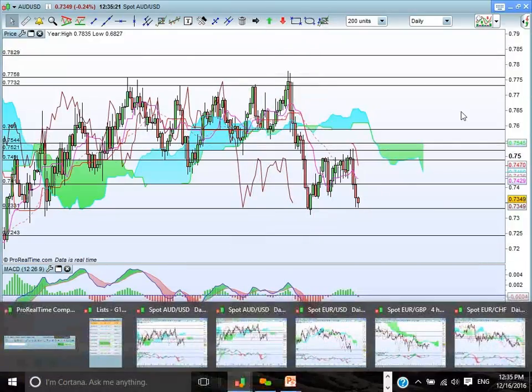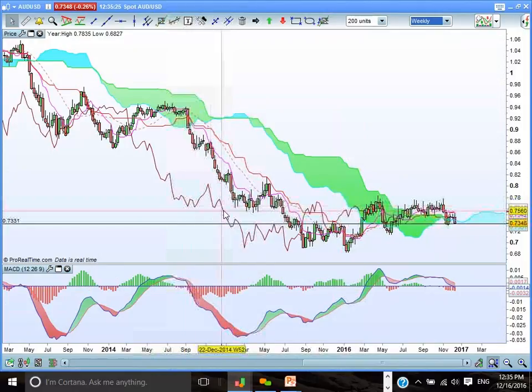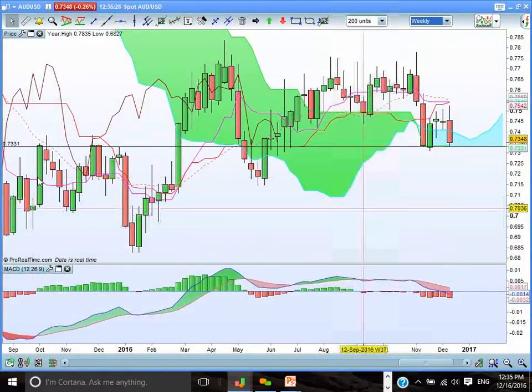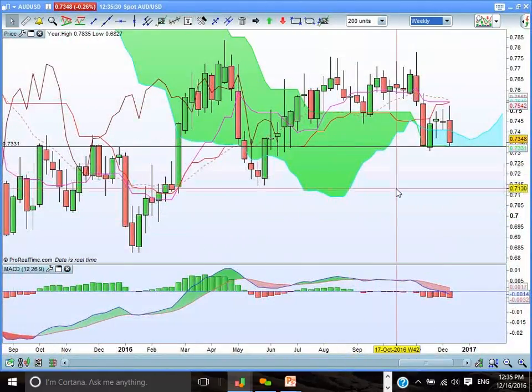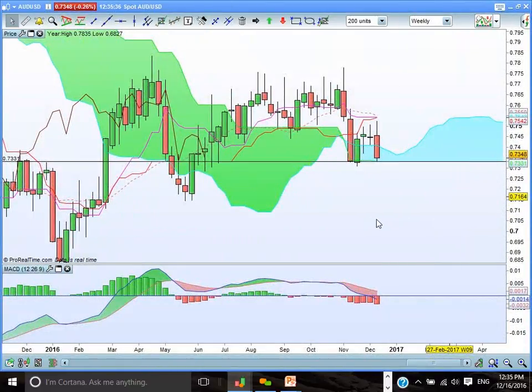Oh, sorry, let's just touch on the weekly chart. Yeah, it's also important to see what's happening with the weekly chart. Very interesting, this 73.31 area is a significant support area. It's the bottom end of the weekly cloud. So watch very closely the next couple of days if we see that rebound here, because this is a significant